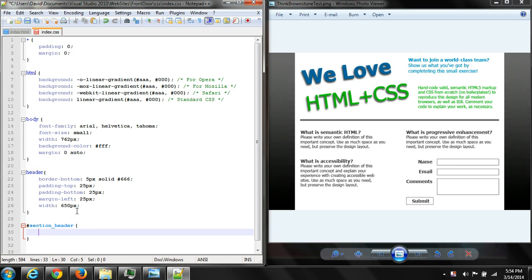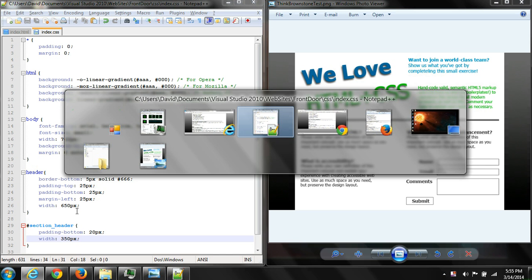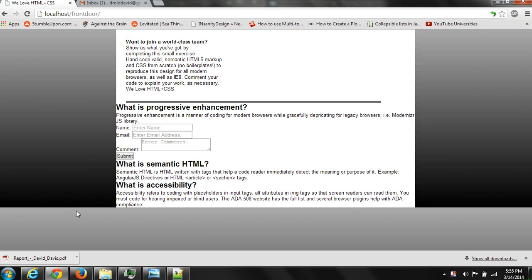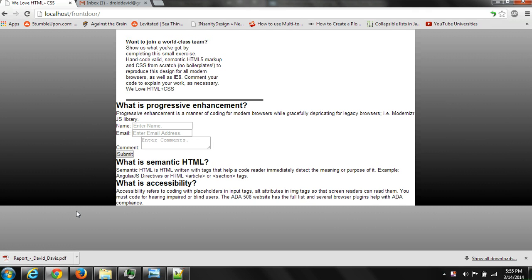Within our section header, we're going to set the padding to 20 pixels. This is a guess, and we'll set the width to, let's say, 350 pixels. We can look at any one of them. Doesn't matter which one. Okay, that looks fine to me. Next, we will take a look at